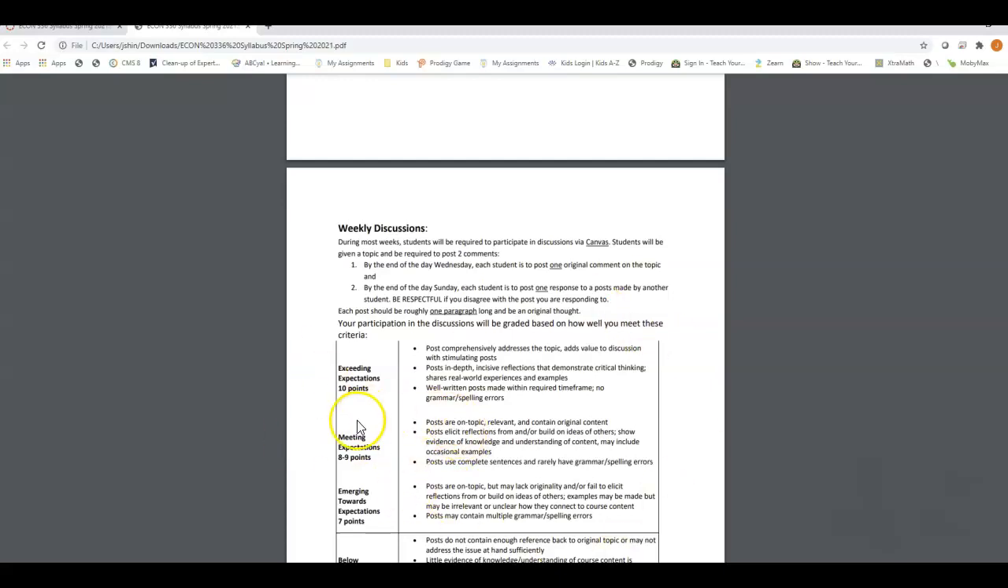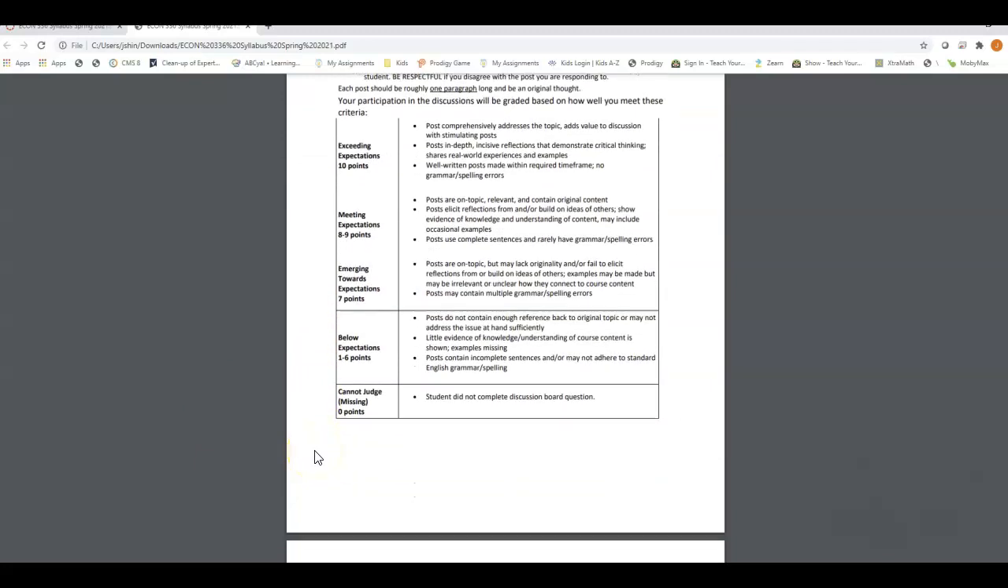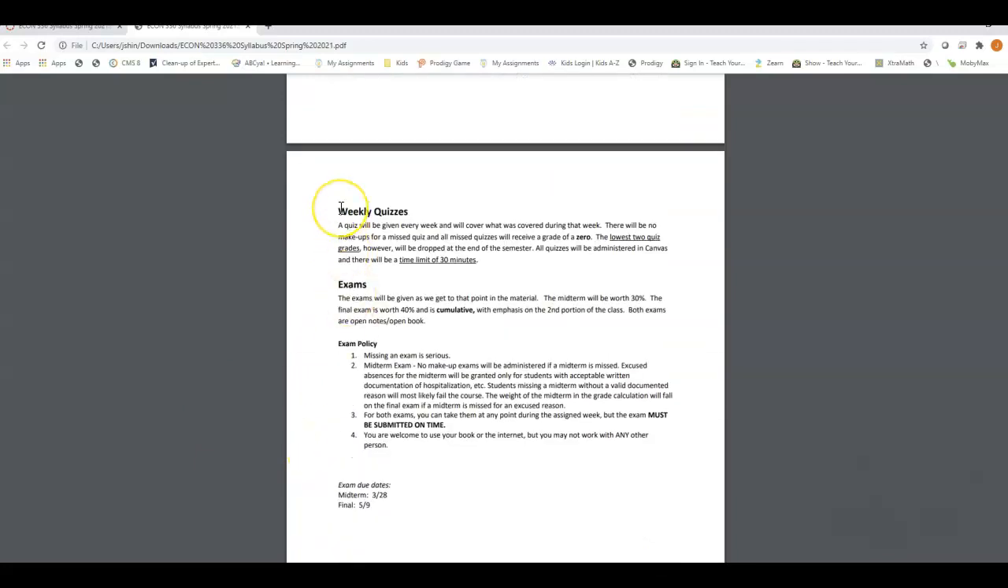Here's the expectation for the points for it. Weekly quizzes. Every week there will be a quiz that will be given. It will be done in Canvas. It'll be for whatever is covered in that class. And they're all multiple choice, there's 10 of them, and you have a time limit of 30 minutes once